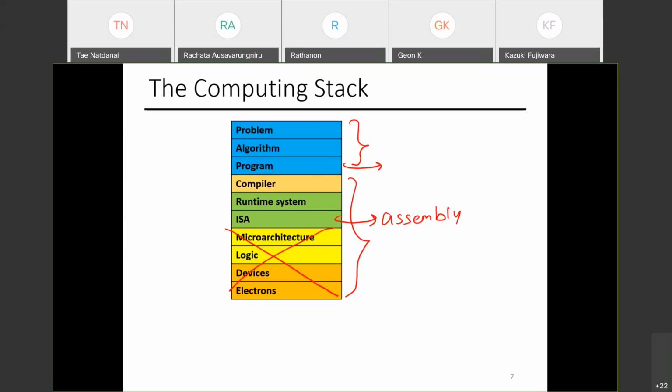When we talk about C, this is where we are. The C code right before you compile. You will learn about the compiler a little bit in OPL. You will learn about the runtime system in the OS class.